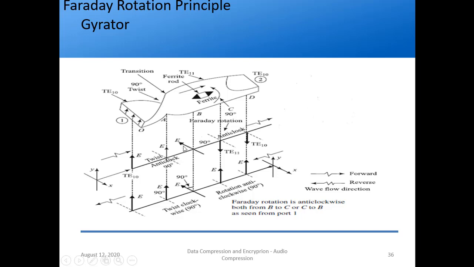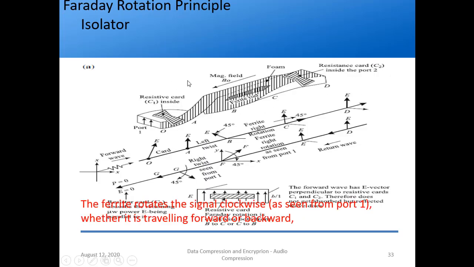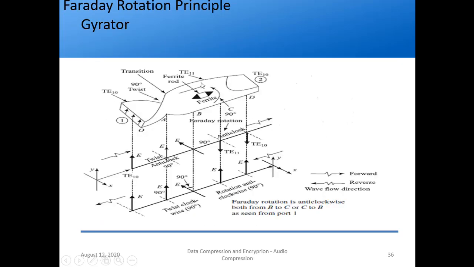So at B I have E angle with a phase shift of 90 degree, right? Then again I have a magnetic field with double the length, so it will give a further phase shift of 90 degree. So it is opposite to that of isolator. Previously ferrite was rotating in the clockwise direction, now it is giving anti-clockwise. You observe the magnetic field is towards left here, but here this arrow indicates magnetic field. It is not shown, not written B naught, actually it is in the opposite direction, so that's why it is rotating in the opposite direction now. So 90 plus 90, I have got a 180 degree phase shift.